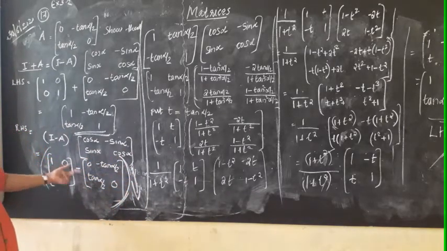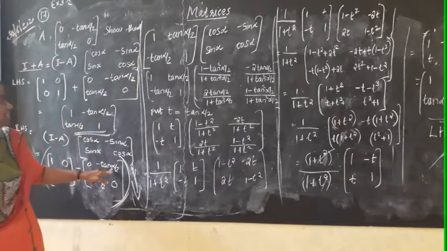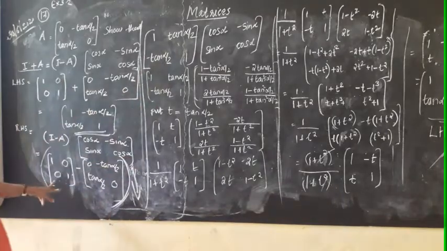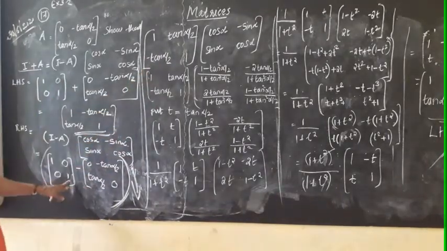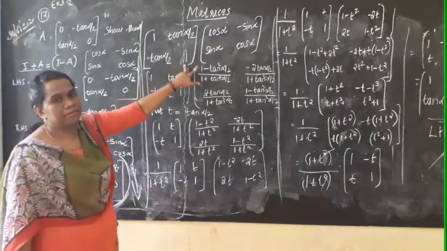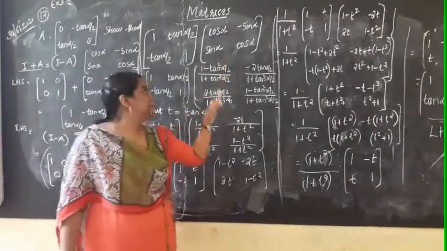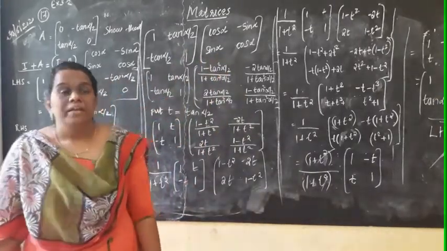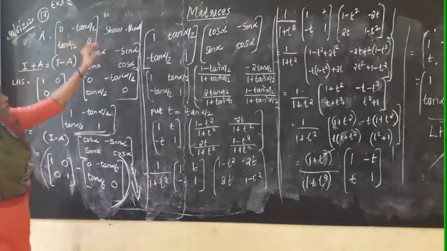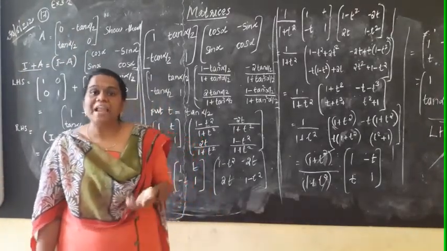Okay. Now 1 minus 0 is 1. Then 0 minus of minus tan alpha by 2, that is tan alpha by 2. 0 minus tan alpha by 2, minus tan alpha by 2. Here it is 1. 1 minus 0, 1. Now the next very important step. Here it is tan alpha by 2. Here it is cos alpha. In the given A also tan alpha by 2. So cos alpha we wanted to write in terms of tan alpha by 2.